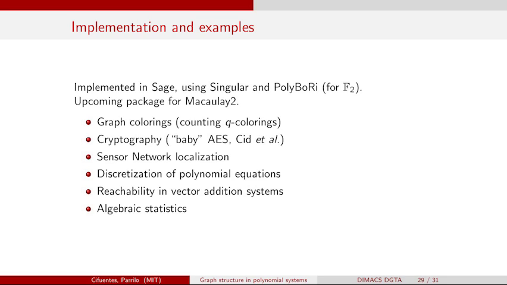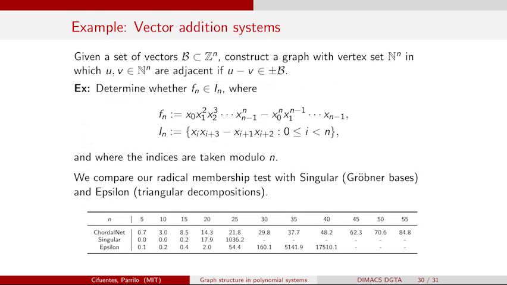The only thing that I want to show you is that we've implemented this both in finite fields and in general, and for different problems I just want to show one example, because really the only thing that matters here is that you can do things that no other method could do unless you exploit this structure. The example doesn't matter; it comes from something called vector addition systems. It's really about trying to understand where this polynomial vanishes in the solution set of these equations. Again, the details don't matter.